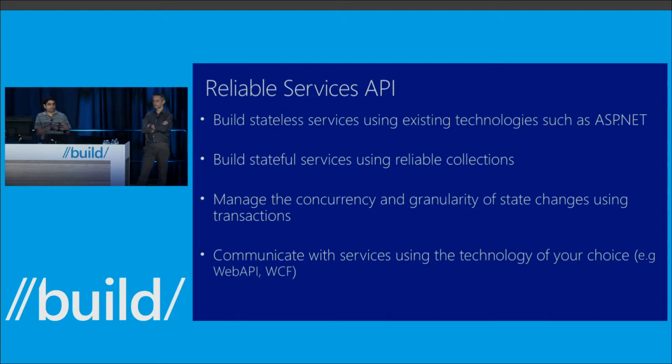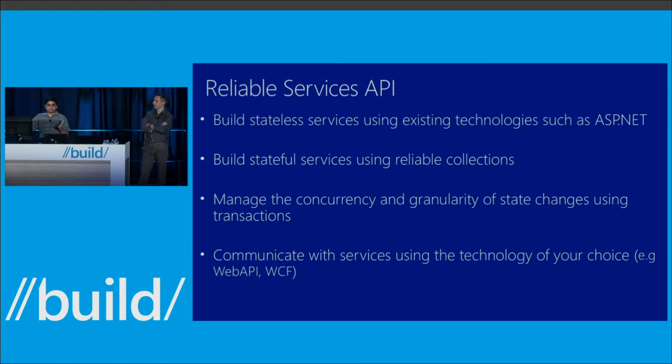So you can actually have multiple simultaneous updates happening to independent keys at the same time, and you can achieve high throughput applications. You can also communicate using the technology of your choice. So for example, for the actor APIs, we were using actor proxy, and we did not know what transport it was using. It just independently provided a connection to our actor.